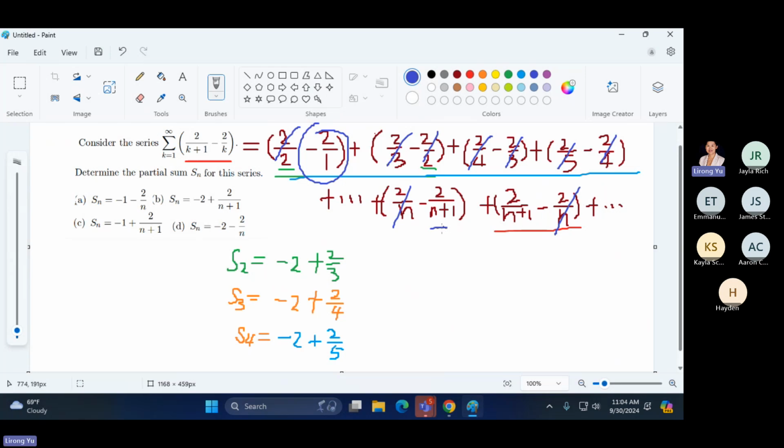That was not right. It was supposed to be n-1. So it should be canceled by one of the earlier terms. This is the one that remains. So S of n should look like this: -2 plus 2 over